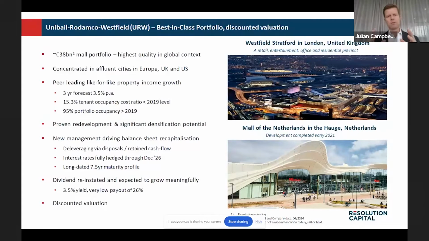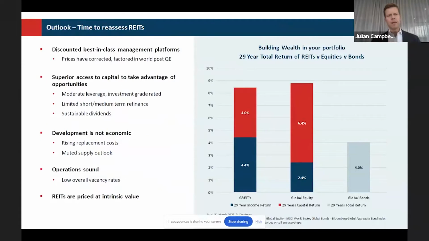Unibail-Rodamco used to be the benchmark REIT in Europe in terms of capital management and operational performance. And we think it is closer to being back to its former self as it continues to deleverage and focus on the operational performance of the asset. So even after significant returns since we initiated this position, we still think there's opportunity in a name like Unibail-Rodamco-Westfield. And bringing that together, the REITs to us are offering access to some of the world's best real estate and operating platforms in a discounted valuation environment.